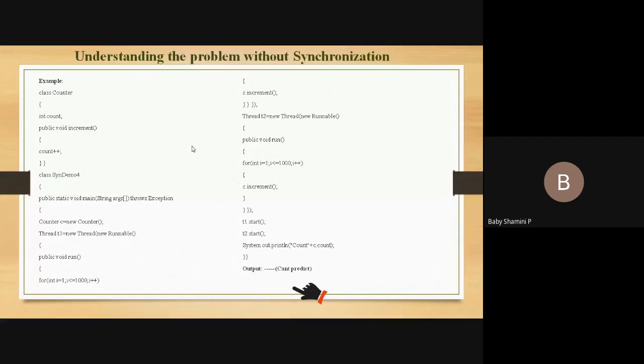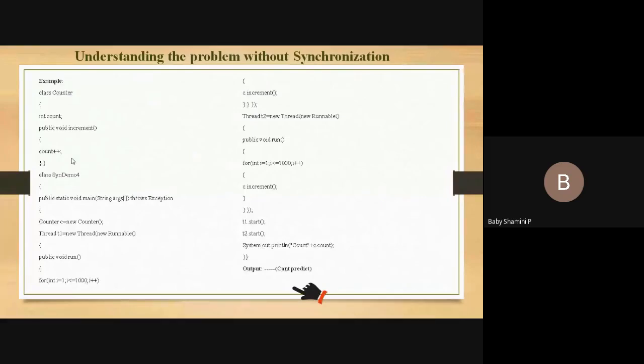Here we have a class Counter. Inside we have a declaration, that is count, and we have an increment function, and we have a main function. Inside the main function we have two threads, thread T1 and thread T2. These are the user defined threads. Here I am starting the thread and here I am ending the thread function. Inside a thread we have a run function. Again we have thread 2, inside we have a separate run method, and we have an increment function.